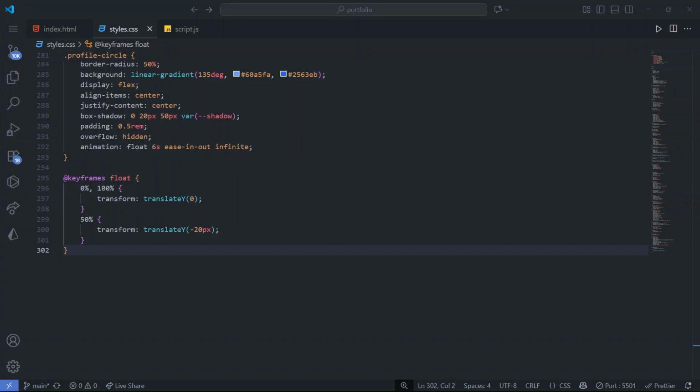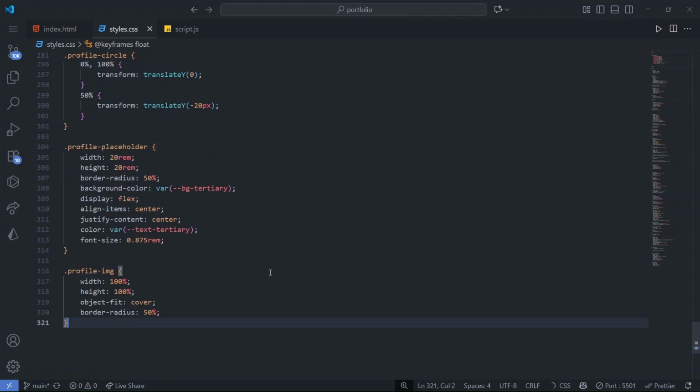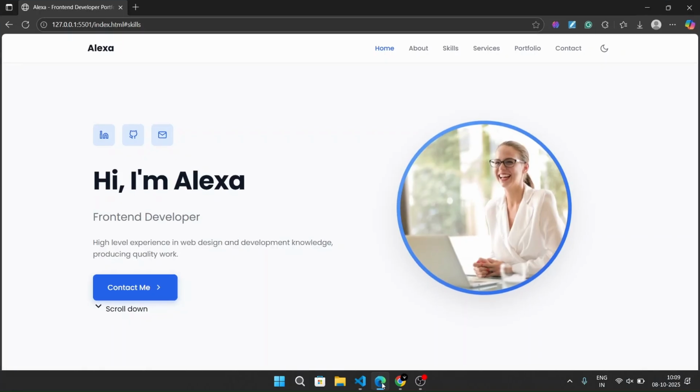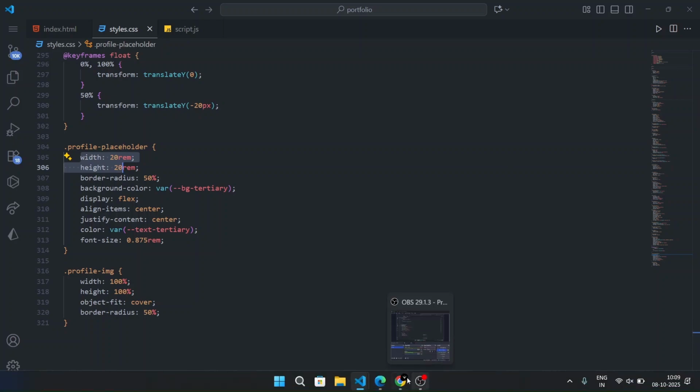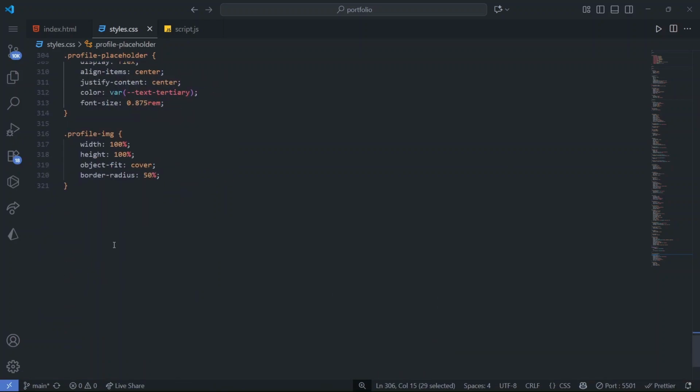Then the profile placeholder, it is not showing around the border, right? So for that we are going to add the styling. For adding the styling we have used the profile placeholder class that we created in the HTML, and for that we have added the height, width, border radius 50% so that it will be rounded, and we have to define display flex and justify content center, right? And you can see that now it is looking great. In the profile image we have to define height and width 100%, and then object fit cover so that it will be fully